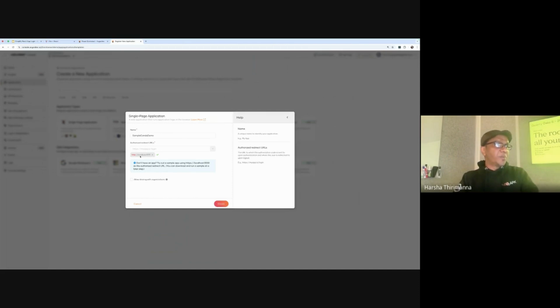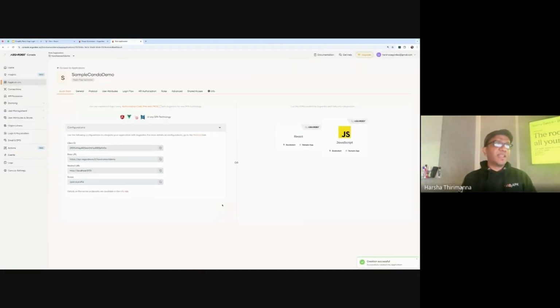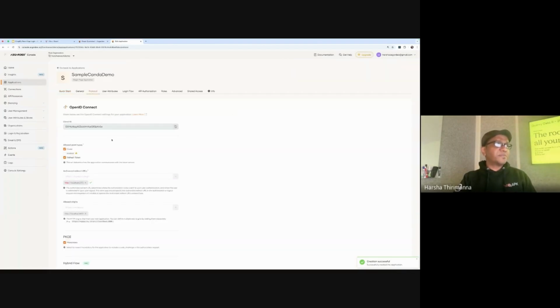So once you provide the redirect URL and just a name, and you create the application, that's all about that. You register the application, right? Now, once you register the application, you can see there are a set of configurations. There's the protocol section with all the protocols it has, because here it's OpenID Connect, right? We are communicating with the identity provider, as I mentioned in the slide deck. Based on the OpenID Connect specification, each and every identity provider generates